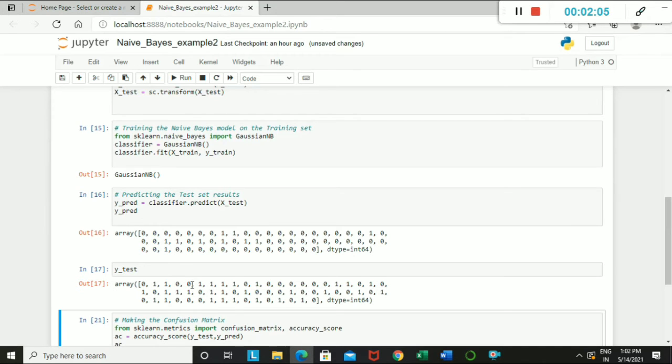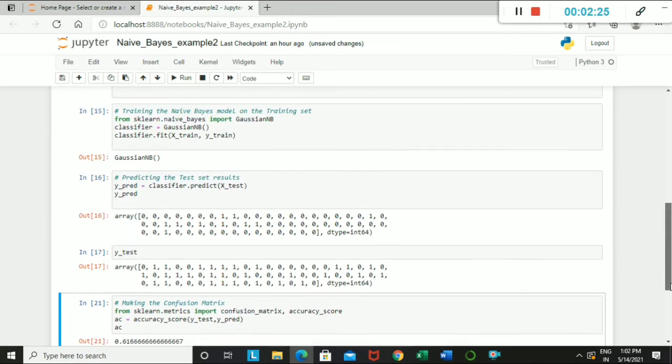Ytest is the testing data set which we divided for testing purposes, whereas Ypredicted is the predicted values for the test data set. I hope everyone is clear with the two things.